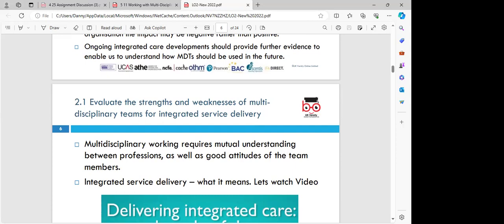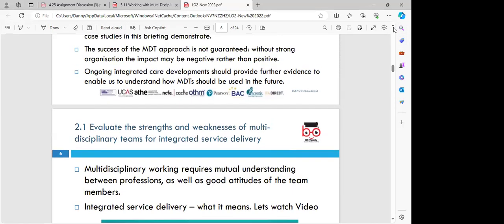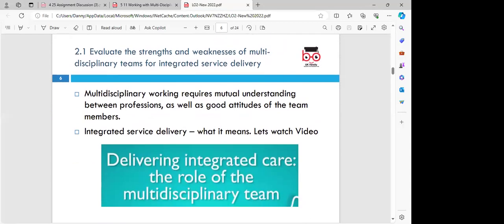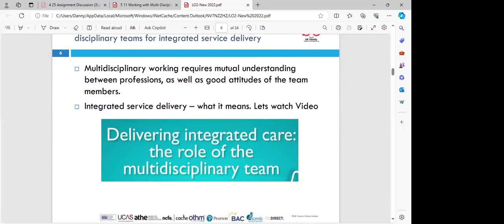And so this calls for reviews when there are many diagnoses made or many improvements made or many cases made. It says that we should provide further evidence to enable us to understand how they should be used in the future. This leads us to the next task, which is 2.1. In 2.1, the learner should be able to evaluate the strengths and weaknesses of multidisciplinary teams for integrated service delivery. As I've clearly indicated, multidisciplinary working requires mutual understanding between professionals as well as good attitudes of the team members. Integrated service delivery, what it means is